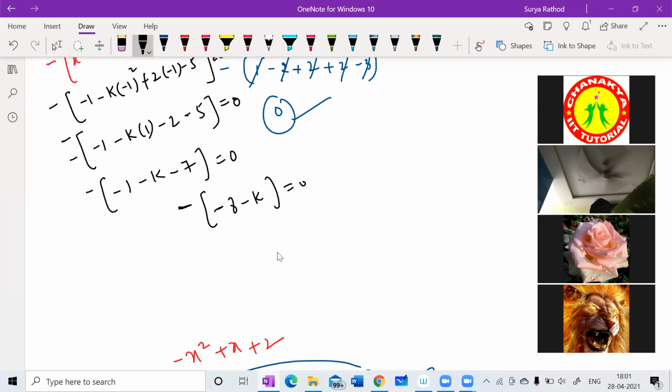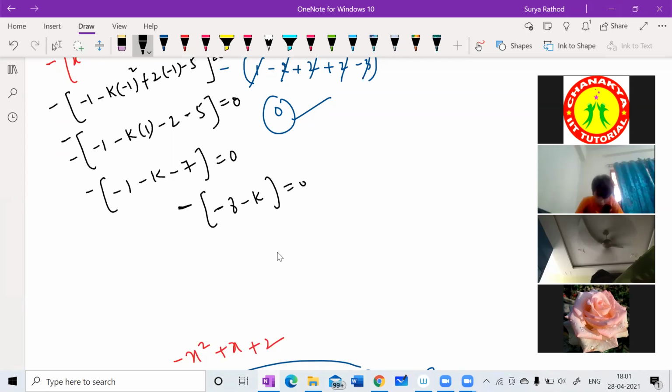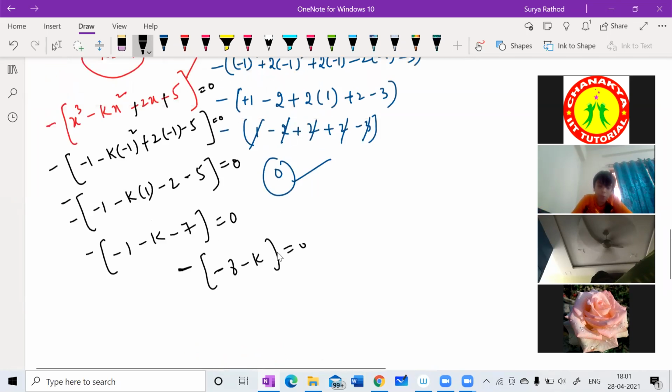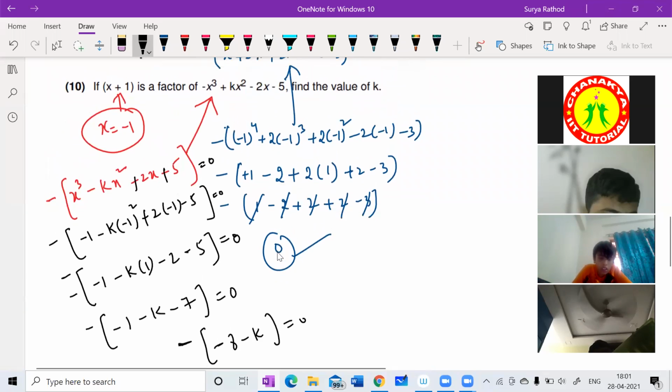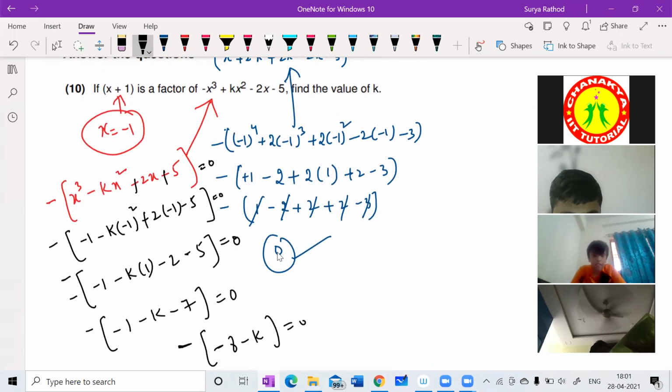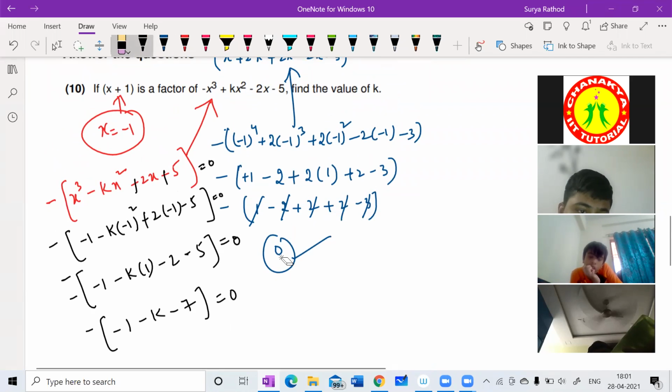See here, I can multiply. Sir, you wrote my plus 5 as minus 5. In the second step, you wrote plus 5 as minus 5. Yes, sir. You wrote minus 5. That's why maybe the answer is different. Okay. Be careful while writing that. Sometimes we are writing strongly, we are getting a wrong answer.